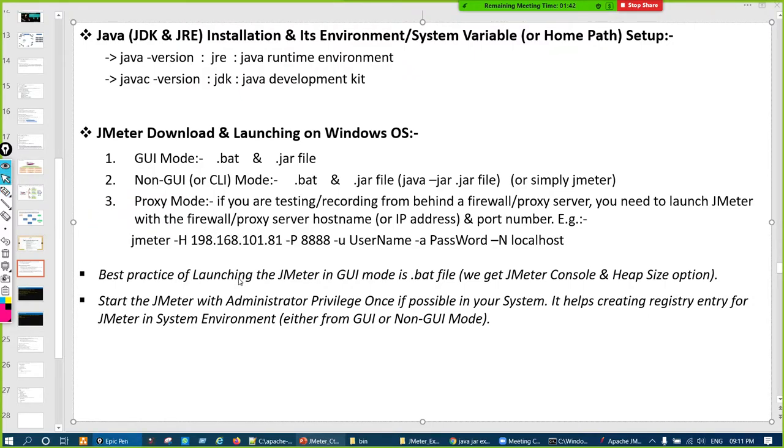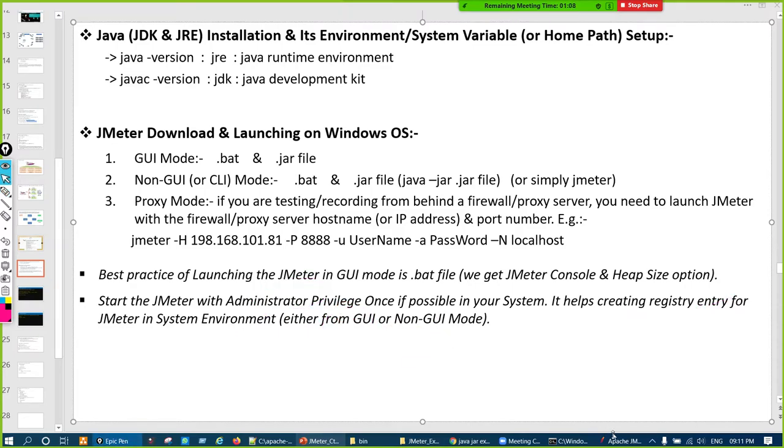Now, one best practice: whenever we are launching JMeter, once, if possible in your system, launch it with administrator privilege. It helps in creating a registry entry for JMeter in the system environment, right? And you can do it from either GUI mode or non-GUI mode.